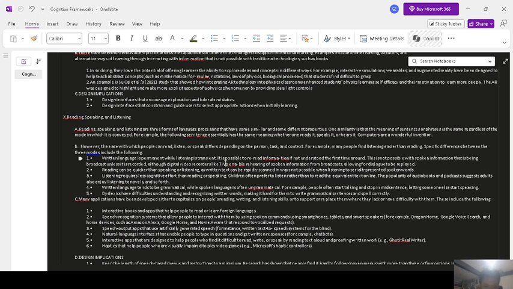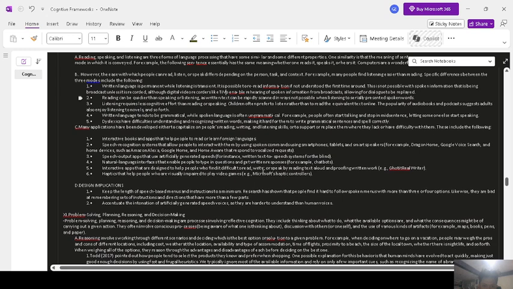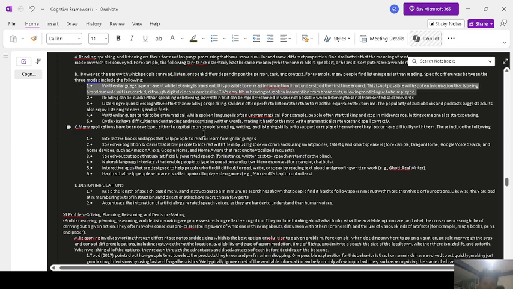However, the ease with which people can read, listen, or speak differs depending on the person, task, and context. For example, many people find listening easier than reading. Specifically, differences between the three modes include the following. Written language is permanent while listening is transient.